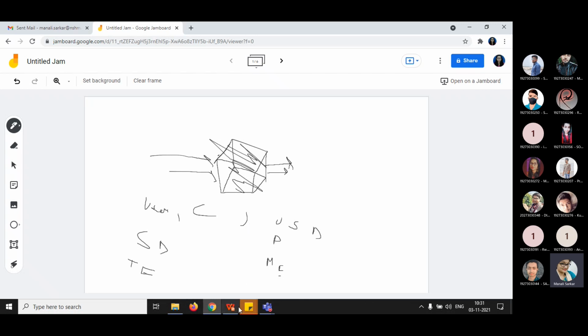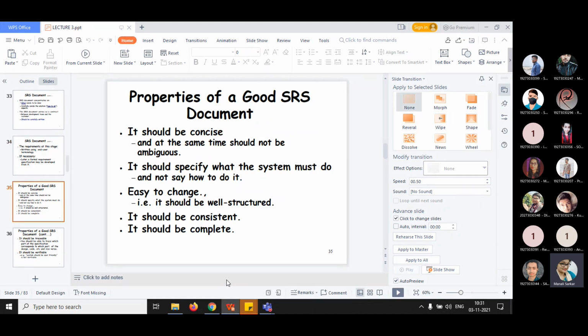Okay, this is all about the needs of the SRS document. Next, what are the properties of an SRS document? While documenting any SRS document, you should remember these properties. There are certain skills for developing a good SRS. The skill of writing a good software requirement specification document usually comes from the experience gained from writing SRS documents for many problems. However, the analyst should be aware of the desirable qualities that every good SRS document should possess.